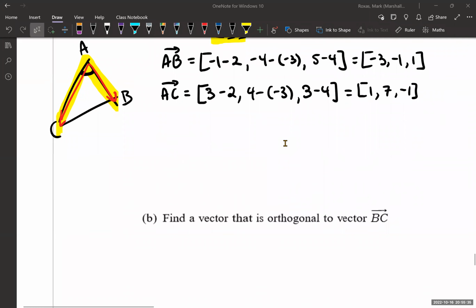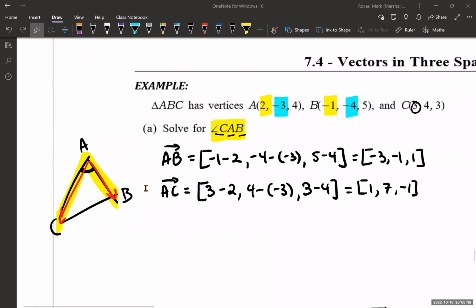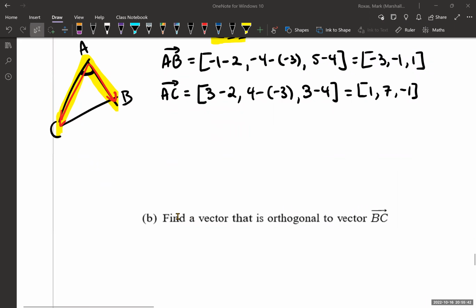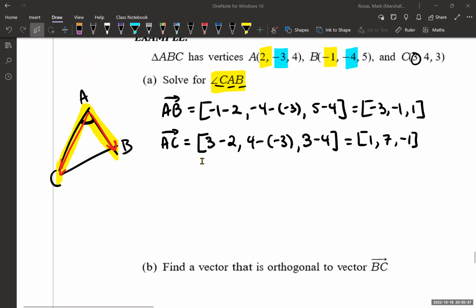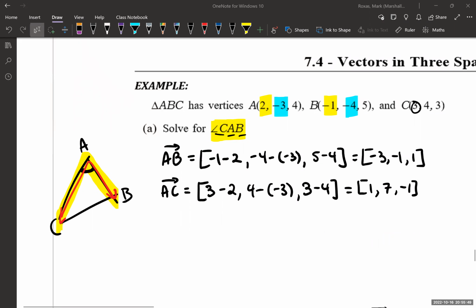So what about the third vector, B to C? Do I need that? Not for this part. But because the second part of the question asks to find a vector that is orthogonal to vector BC, I'm just going to find BC anyways. So, vector BC